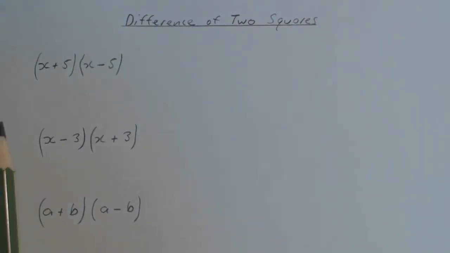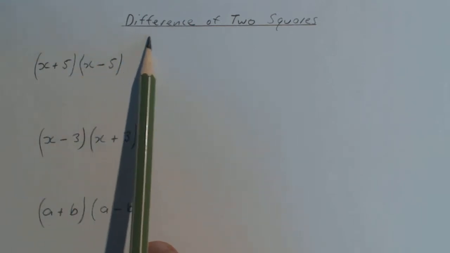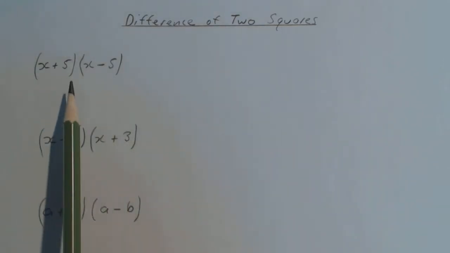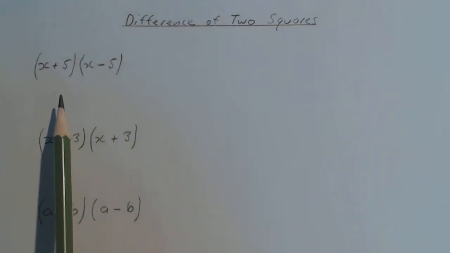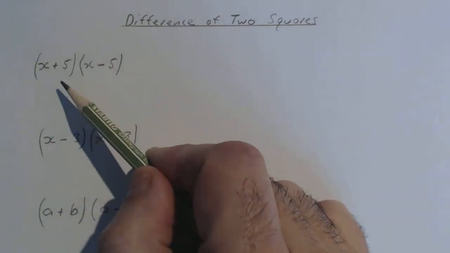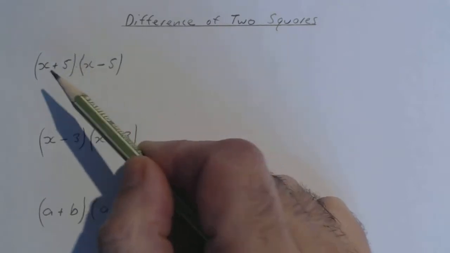We're now going to have a look at expanding bracket by bracket, whose expansion is the difference of two squares. Now we're going to look at a longer method and a shorter method. We're going to do the longer method first, where we expand using the usual procedure, where we have x plus